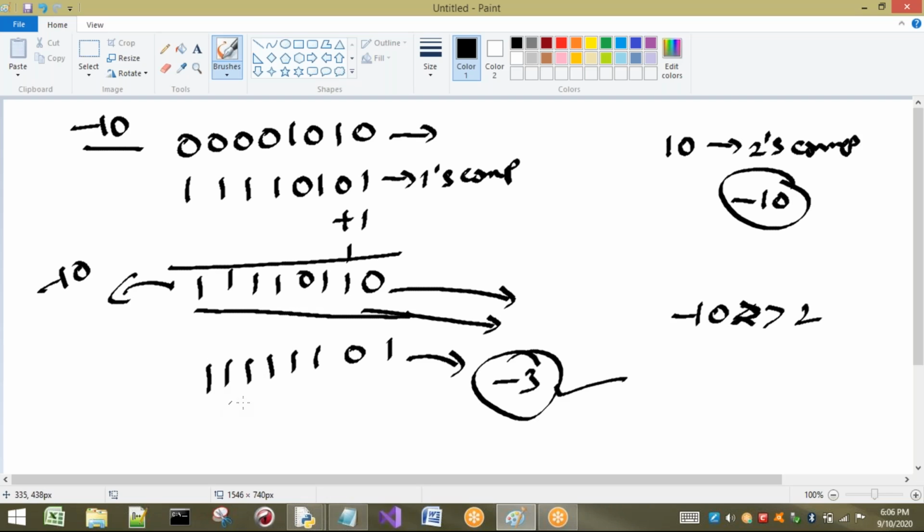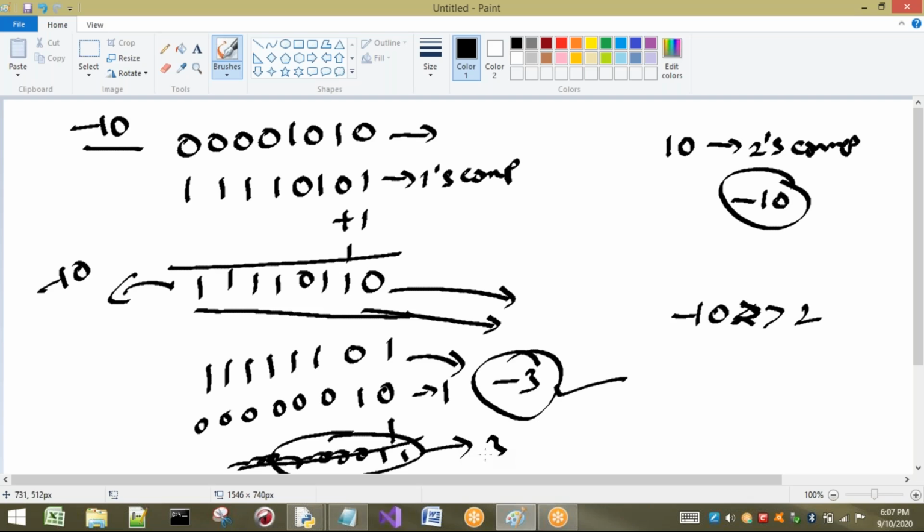Let us see. Generally, if you understand digital electronics, these concepts will be clear. Now I am going to perform the 1's complement. This is the 1's complement. Adding +1, we are going to get 1 1 0 0 0 0 and so on. Whatever value we got here is 3. So we just have to place a minus. So what is our answer? -3. In this way, internally the shifts are done.